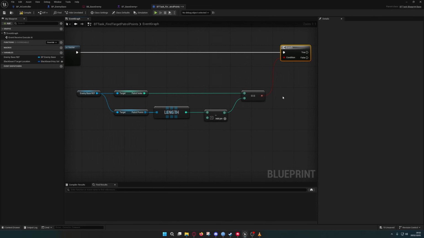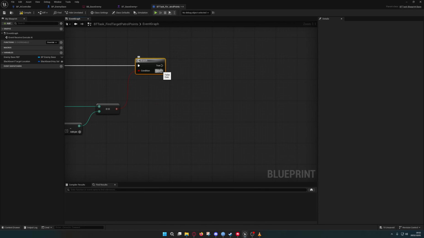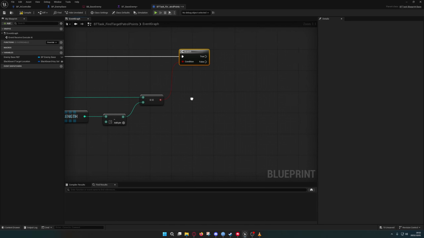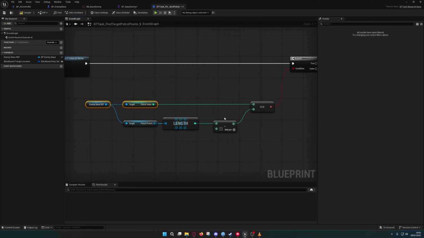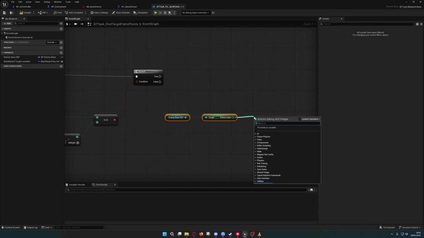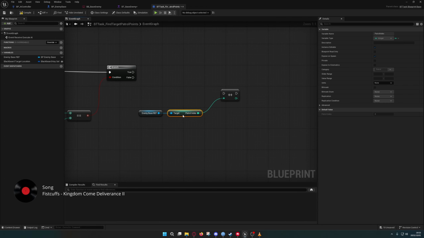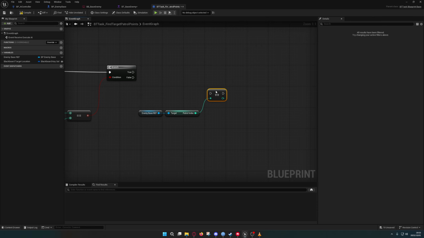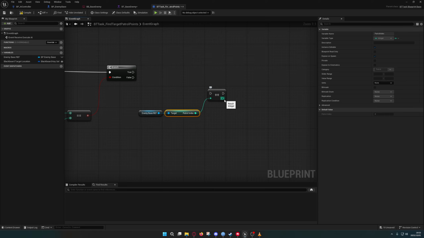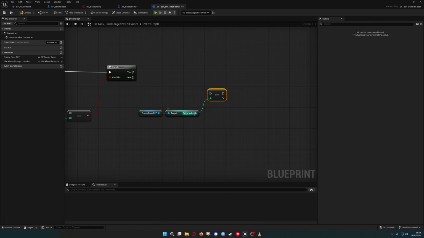So basically it says if our patrol index is not the length of this, we then need to increment, right? So what we're going to do is copy these two nodes over here, and we're going to increment. Now increment is great for one specific reason, is that it will always increase and set the value by 1. So if we were to do this manually, we'd go add and add 1, and then we'd set